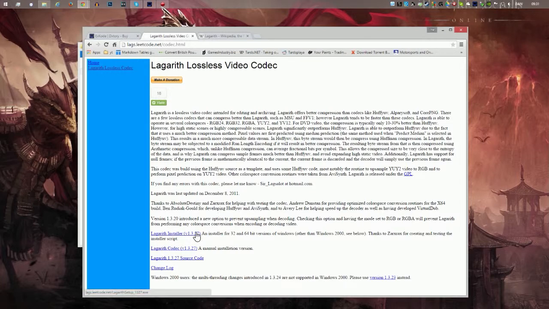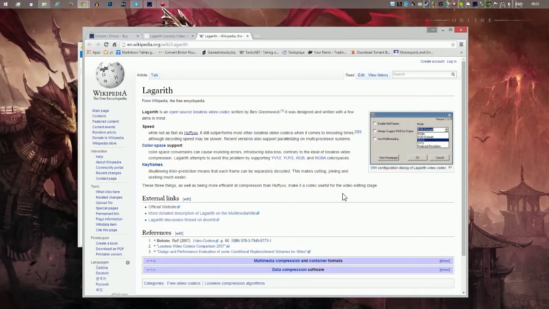It's basically an encoder you use to encode the footage that you're recording from the screen. And it's one of the best ones in my opinion, and it makes it really easy to work with Premiere Pro and Sony Vegas and all that, because depending on what codec you use to encode your videos, you can have some troubles, but this one is just working right out of the bat. And if you want to read a little bit more about it, I will put in the Wikipedia link also. It's not that much interesting stuff in here, but it gives a little background story about it.